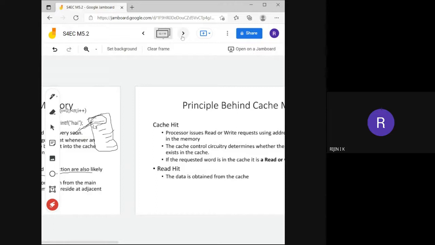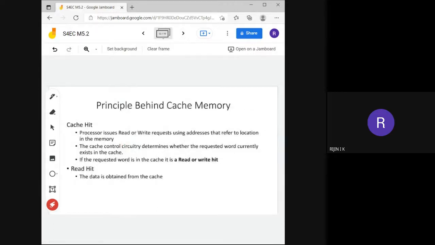Then another term we have to discuss is cache hit. Cache hit and cache miss. Two terms are there. First, we can see what is cache hit. Cache hit means when a processor issues a read or write request, then the address that refers to that particular memory location is present in that cache memory. Then we can say that it is a read hit or